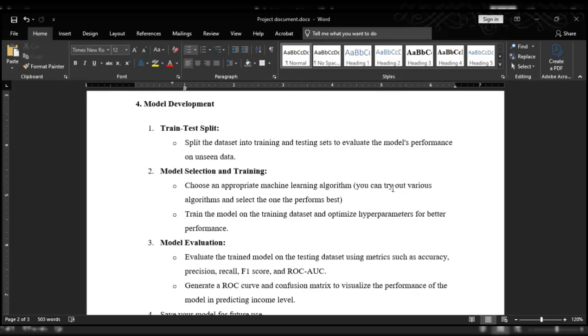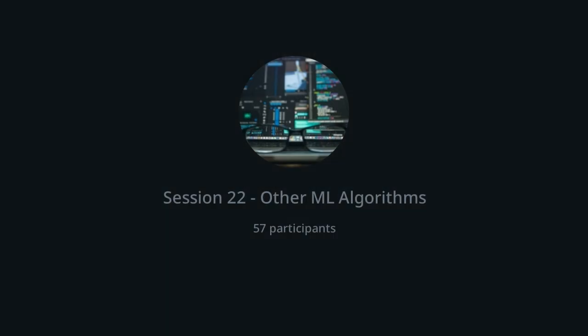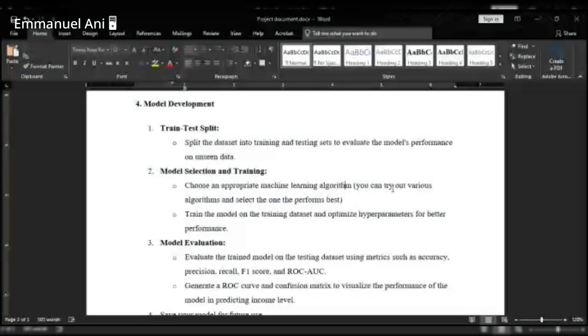So we're going to also introduce you to other algorithms, right? So that class is basically a knowledge class. So you understand how these algorithms work and their peculiarities. But the implementation is the same thing that we've been doing so far. The only thing that changes is the particular model class you're importing.